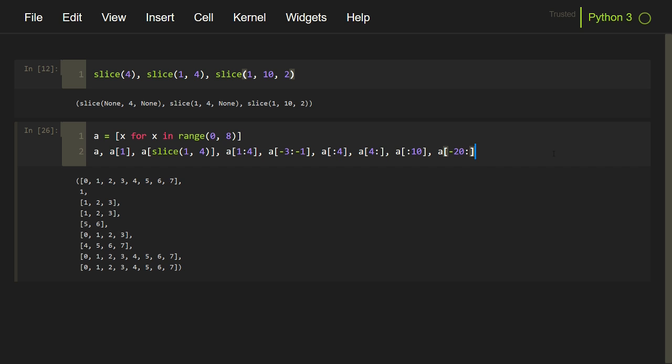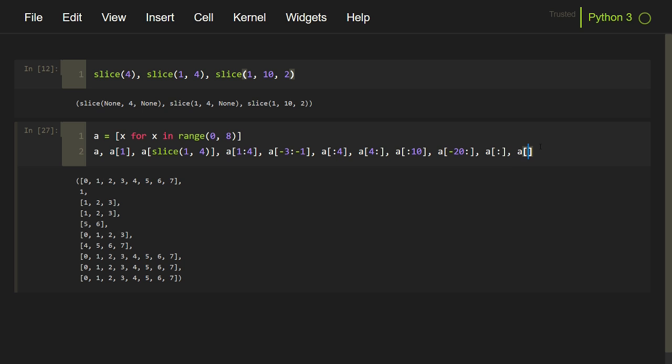We have seen the default starting values and default ending values. What if we don't pass any of these numbers, an empty start value and an empty end value? In that case, the default start value is the first element and the default end element is the final element. So it will print the entire list again. This notation is very common to create copies of the list, because it generates a copy of the original entire list. So in all these slice operator examples, we have seen that the default step value, that is the amount that indices increment, is 1 by default.